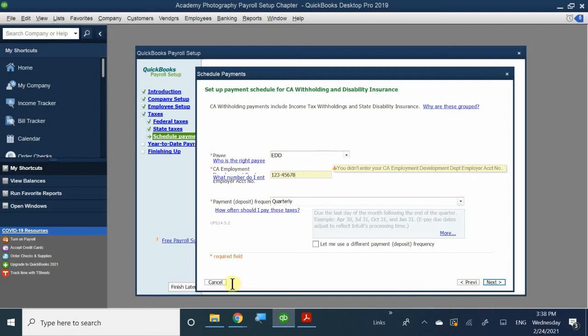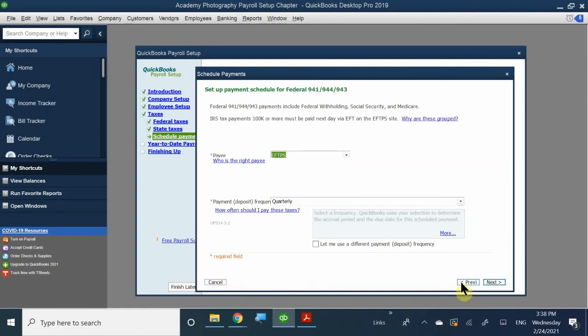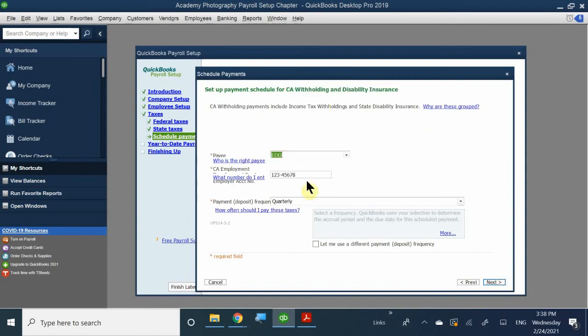All right. Let me go back to a previous one just to ensure that I filled out the other one. So the other one didn't have one, so this one has it. Okay. So again, EDD 12345, and we're making quarterly payments. Okay. And then I should,